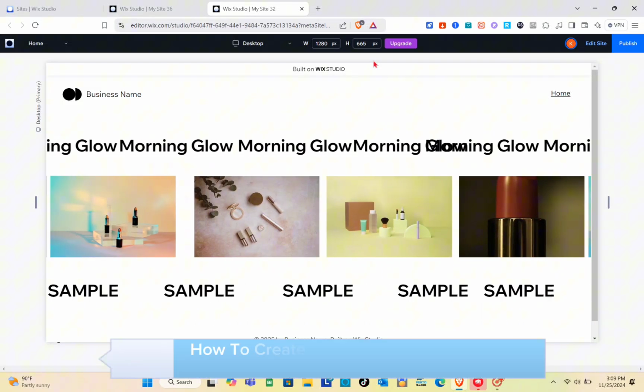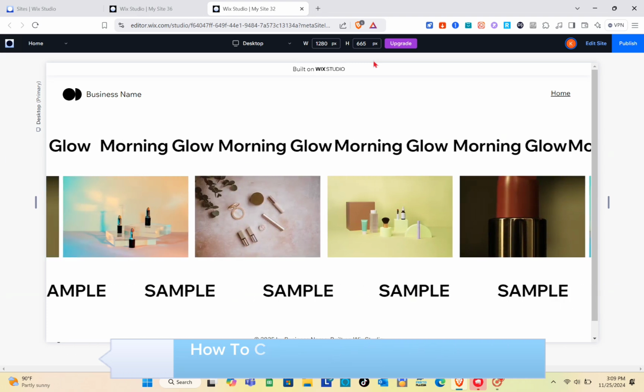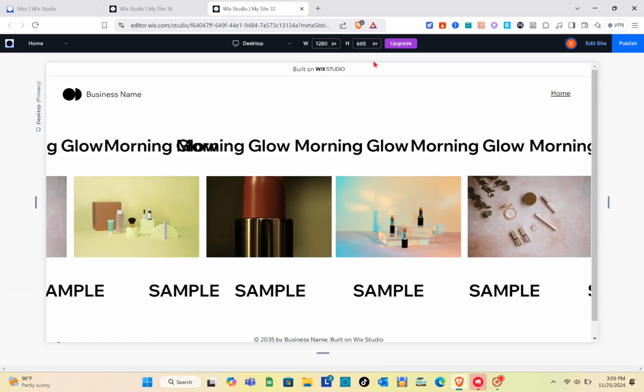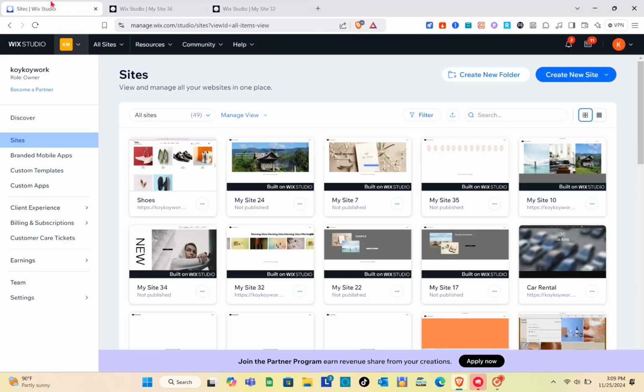In this video, you'll learn how to create an infinite slider gallery in Wix Studio. As you can see right here, this is a site where I have created an infinite loop and logo for my website. Here on the other tab, I am on my Wix Studio, and of course,